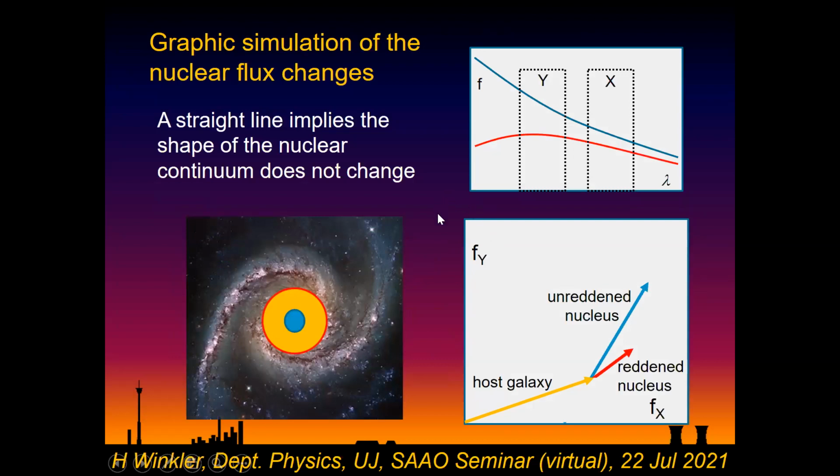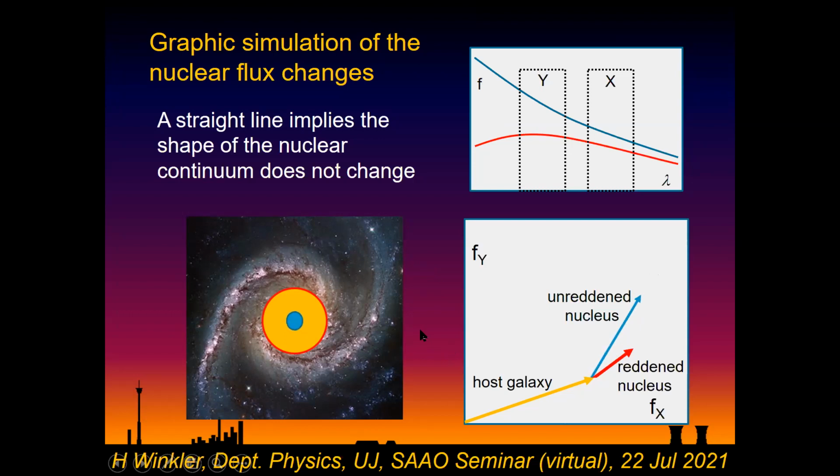Anyway, so how do we interpret this straight line? Well, what I was doing was aperture photometry. So you place an aperture, try and center the nucleus on it, and then just take a measurement. And bear in mind that what we are looking at is not only the nucleus, even though in many cases the nucleus is very bright, but we're also looking at part of the galaxy around it. And these would then be two filters here. And if I then look at this over time, as a nucleus gets brighter and fainter, we see it going up and down this particular straight line, but it will only do that if the colors of the